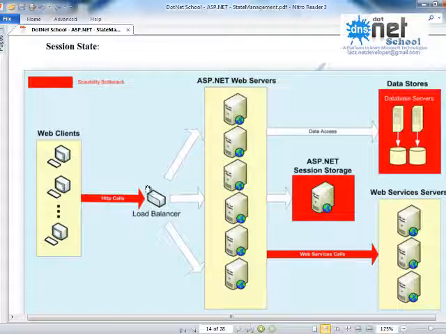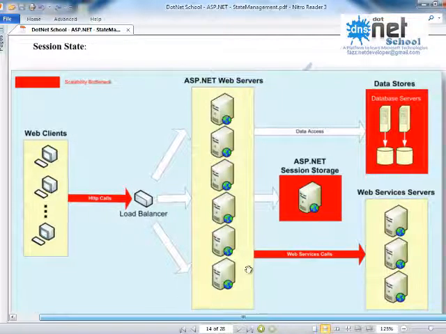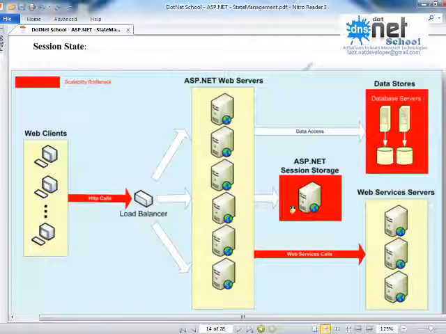here the load balancer will be there, which balances the requests of the clients and forwards them to the respective web servers. Here at the web server we will have something like session storage, ASP.NET session storage. At the web server we can store some data in the form of sessions. Okay, so a unique